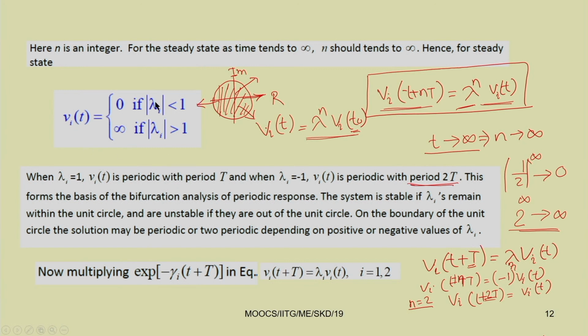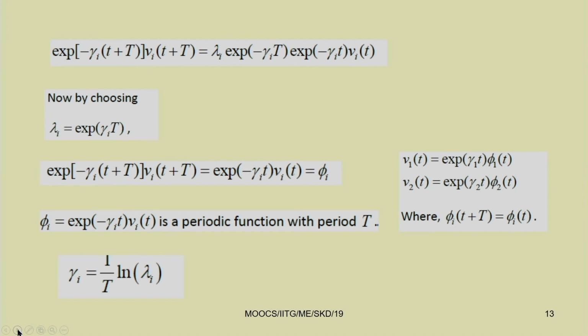We can write it in another form also, instead of using lambda. Let us multiply e to the power minus gamma_i (t plus T) in this equation, v_i(t plus T) equal to lambda_i v_i(t). So, multiplying both sides by e to the power minus gamma_i (t plus T), we get e to the power minus gamma_i (t plus T) v_i(t plus T) equal to lambda_i